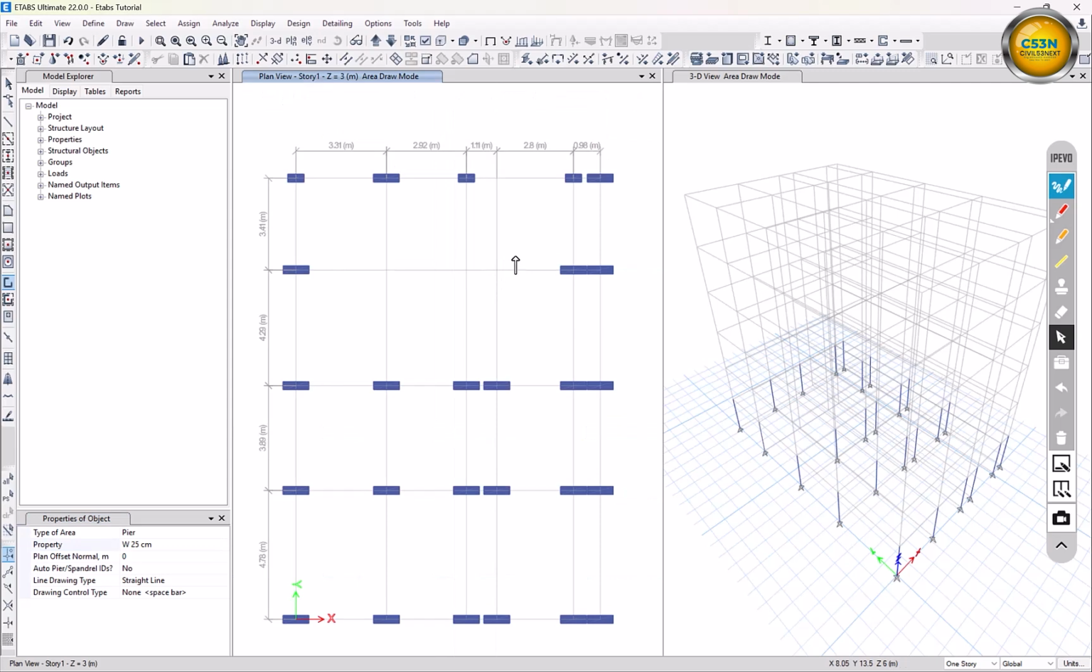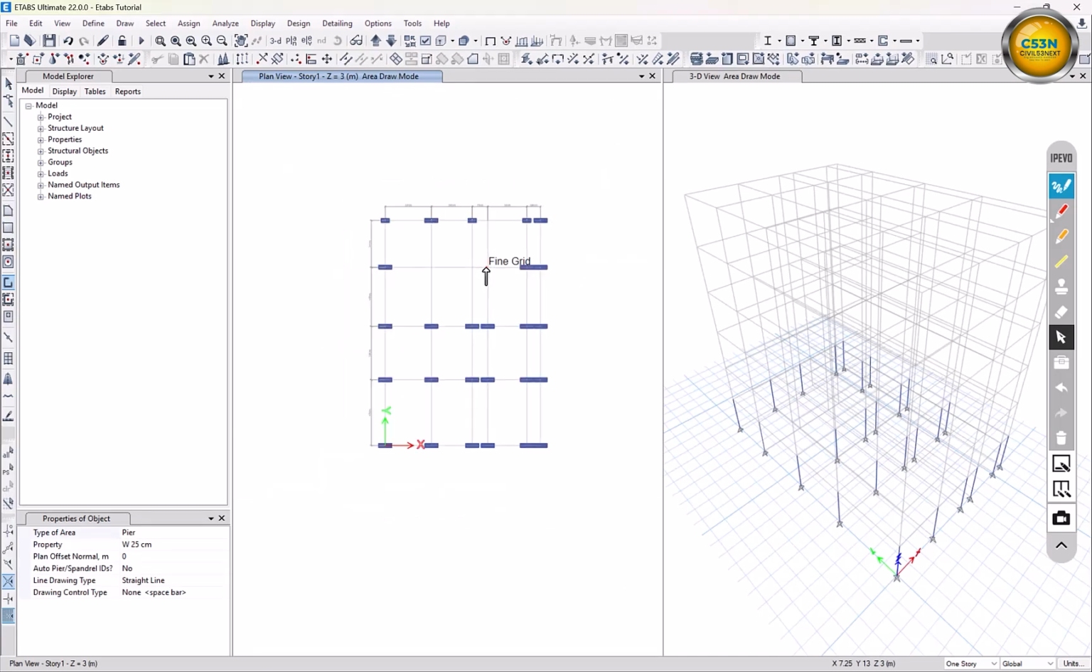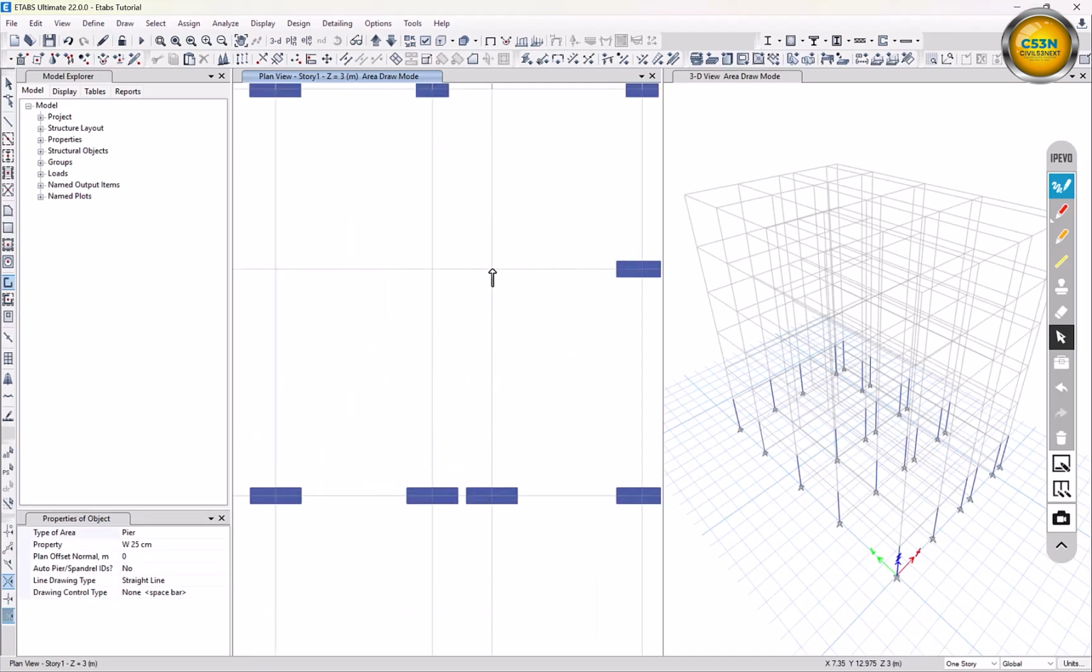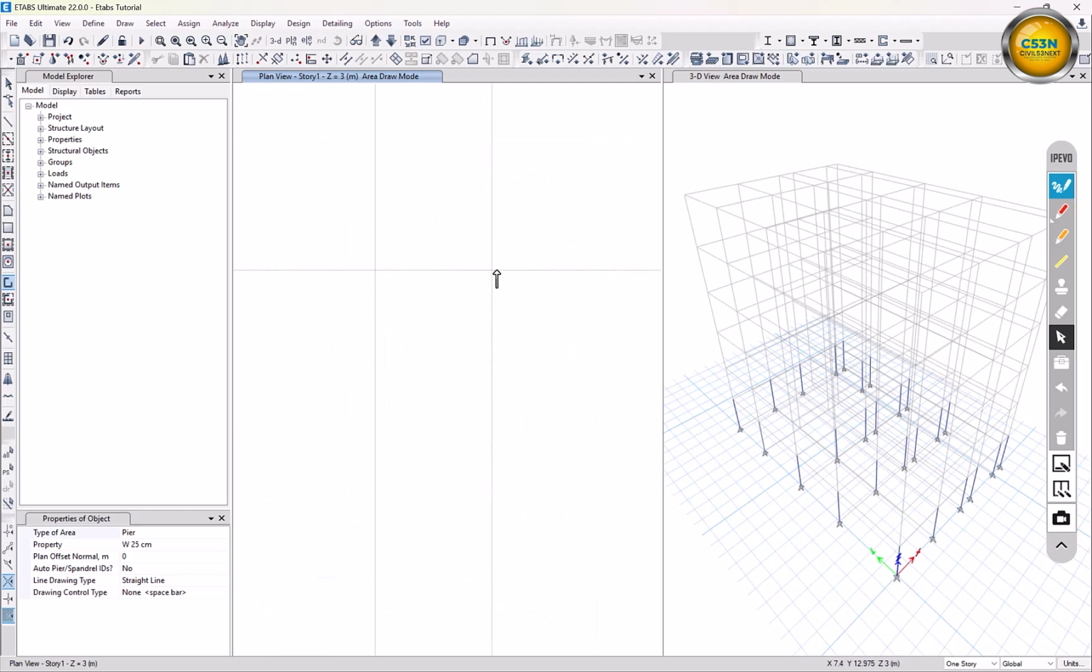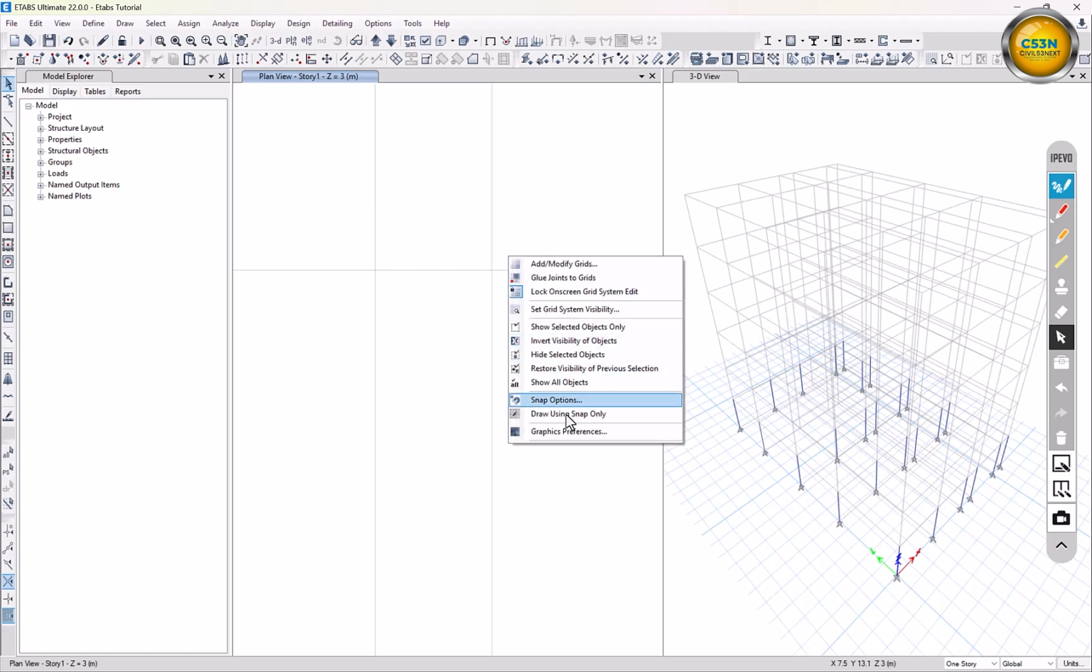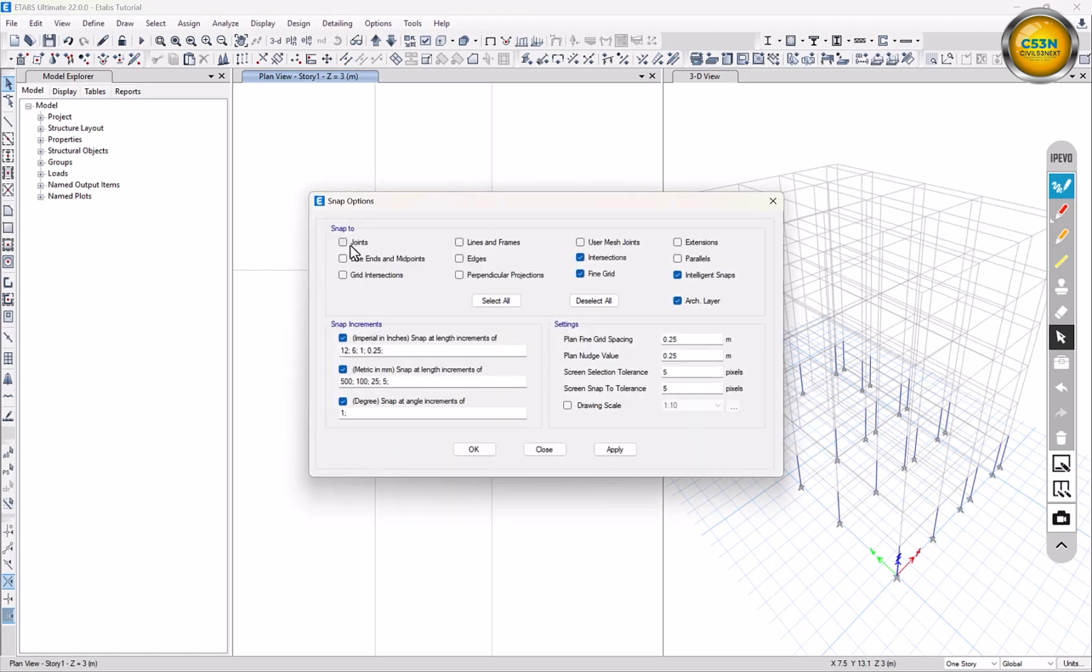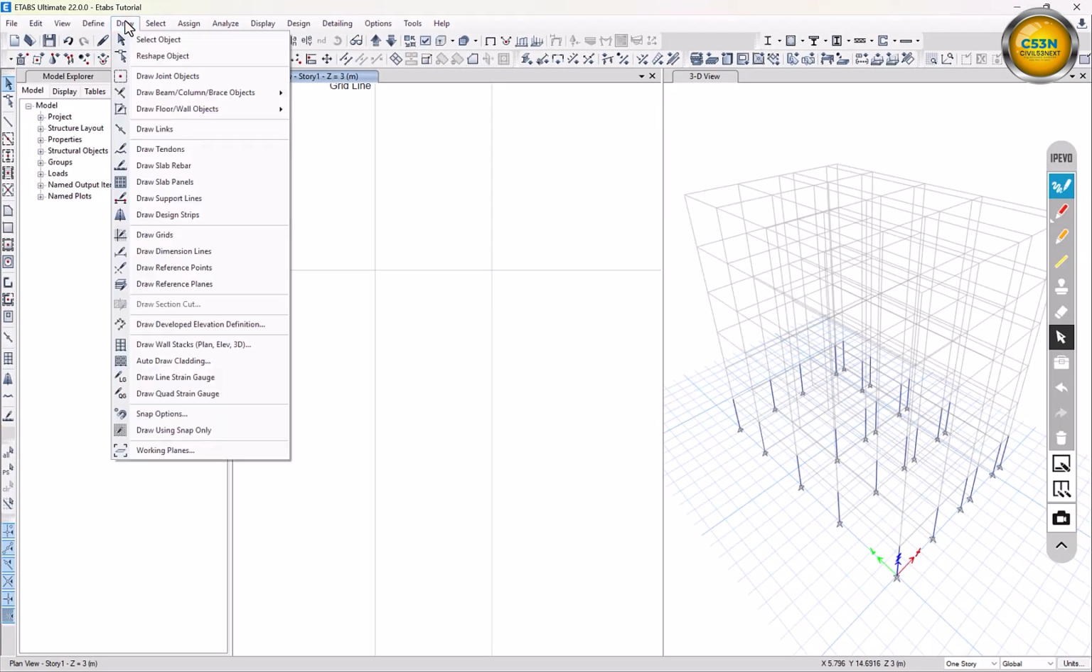Select it and let's draw it here. Just left click. Okay, now as we said, we will draw a shear wall here, but let's say that the snapping option is not working, right? So to turn on the snapping option, press escape, then left click and select snap options. So select here snap to joints, line, grids, alignment, frames, extension, apply. Okay, now just go to draw